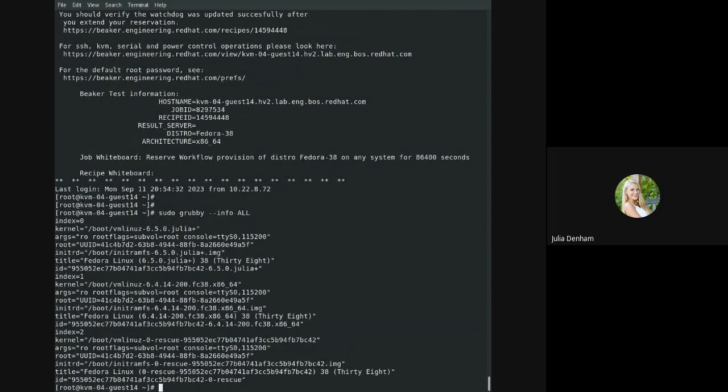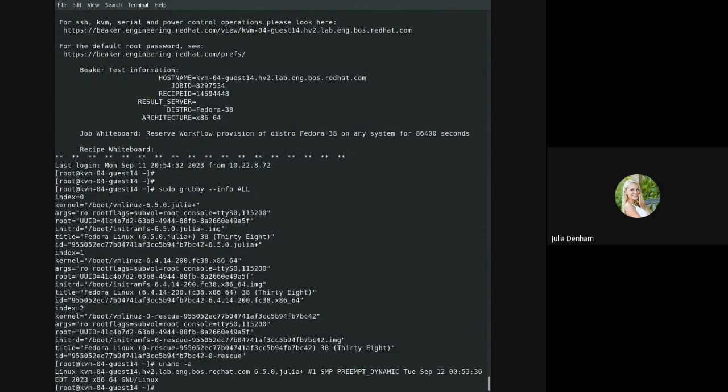Sweet. Okay, cool. So now we see our index. So we're going to do sudo